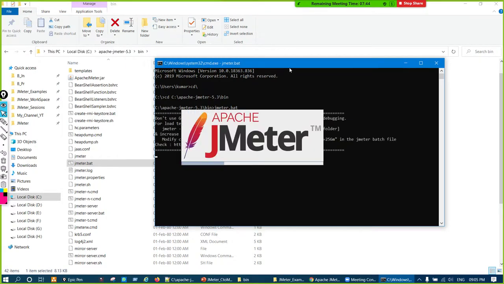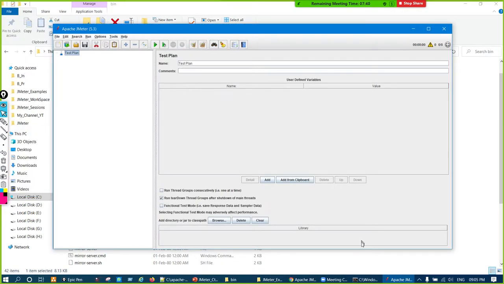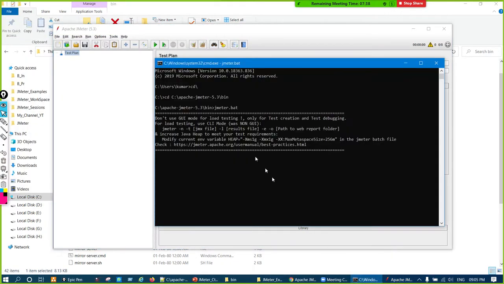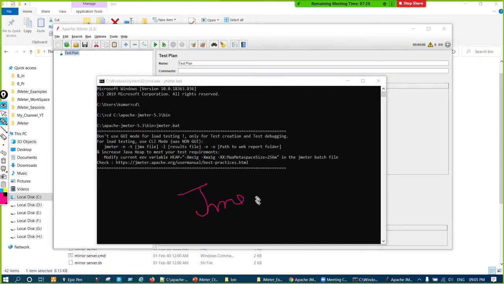So here you can see it has launched JMeter, correct. Now as I told you, whenever we launch JMeter from non-GUI mode or command line interface, this command line is converted into that JMeter console itself. You can see here the JMeter console.